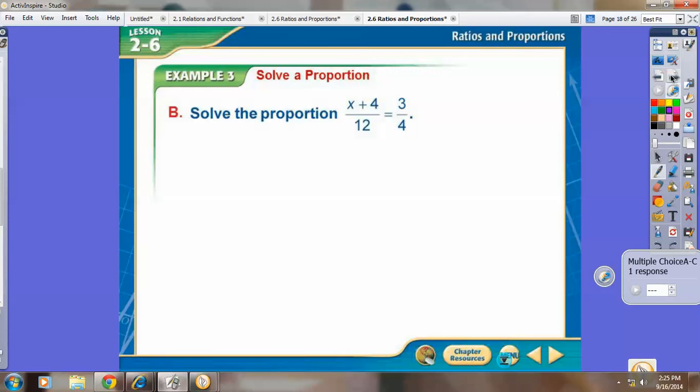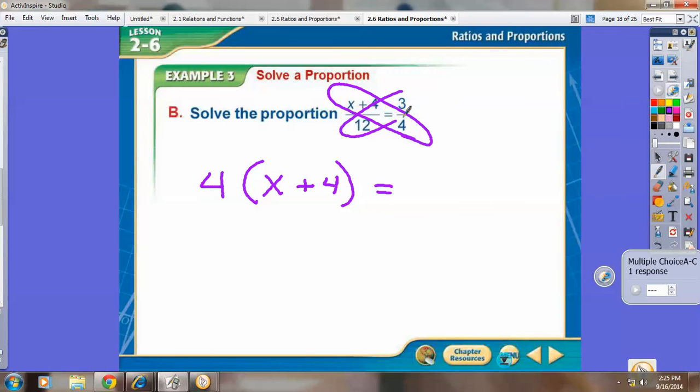So cross multiply. I'm not just taking 4 times x, am I? No. We're taking 4 times that entire numerator, so we need parentheses. Again, I'm taking 4 times the whole numerator, so I put that x plus 4 in parentheses. Does that make sense? 12 times 3 is 36. Could you solve this equation? You should be able to. 4 times x is 4x. 4 times 4